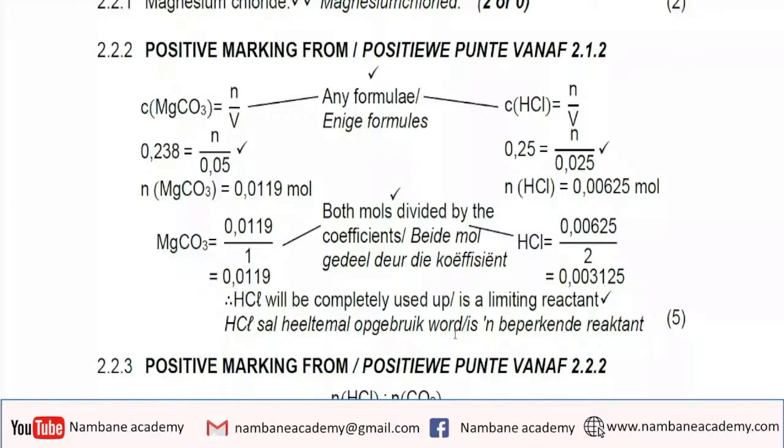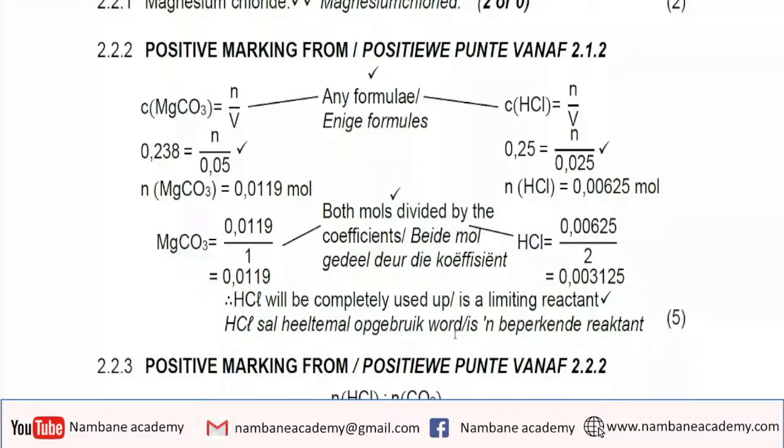And then after that, we divide this calculated magnesium number of moles by the ratio which appears from the balanced equation. So in front of magnesium carbonate, the coefficient is 1. So dividing that by 1, it will still give us 0.0119 as a number now, because now we no longer have the units. And then we move to the right-hand side where the C equals n over V